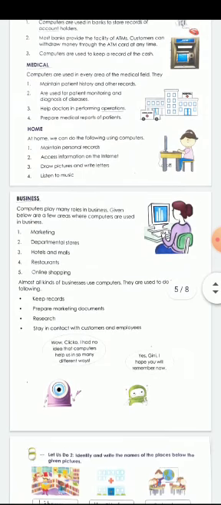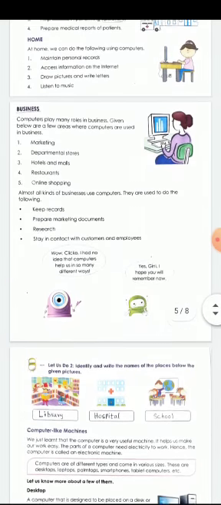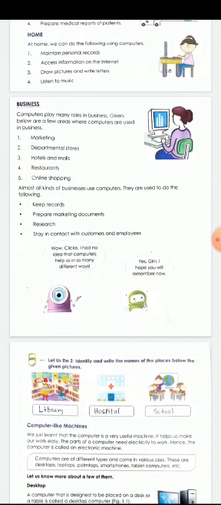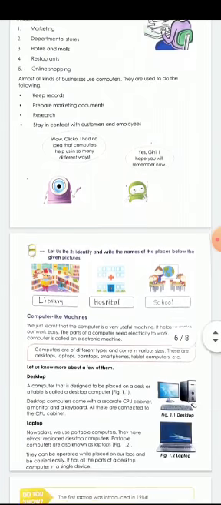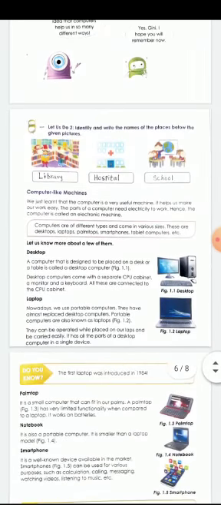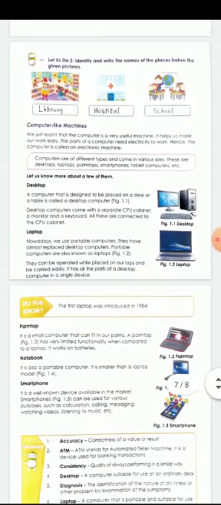Next, in business also it is used for storing records, preparing marketing documents, and staying in contact with customers and employees. For all these things computers are used. Now, according to their size, computers are divided into several types.